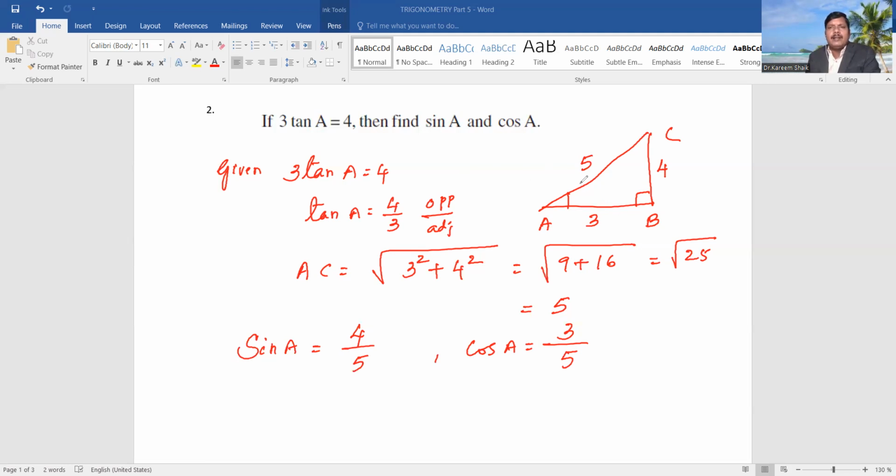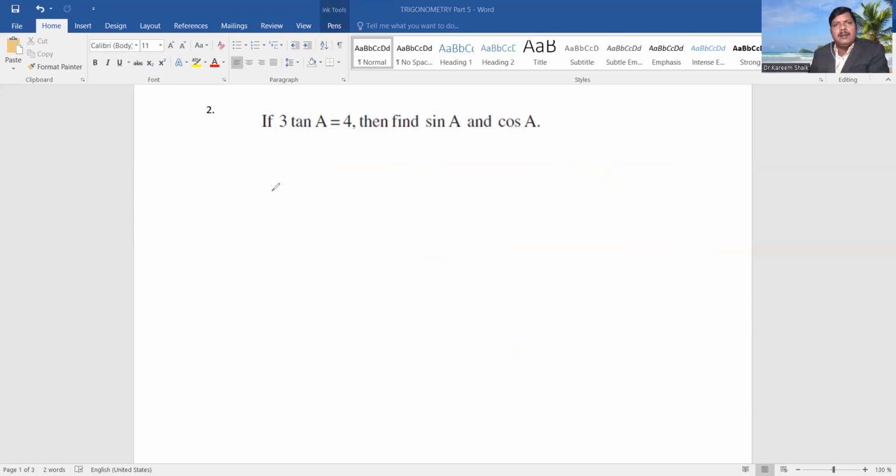Without using a right angle triangle, how can we find them by using trigonometric identities? Let's see. We discuss the same question by another method. We got here tan A equals 4 upon 3. But we know that